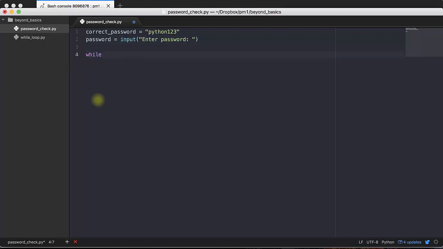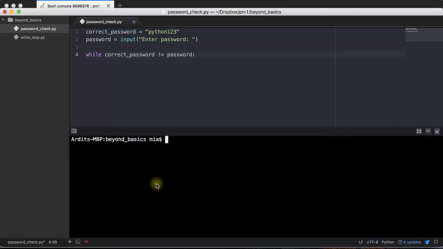In this case, we want to run the while loop as long as the user is entering the wrong password, because we want to keep asking the user to enter a password: you enter the wrong password, enter the correct password, and so on. So basically we want to check for the condition that the entered password is wrong. How do you do that? Well, while correct password is different than password,